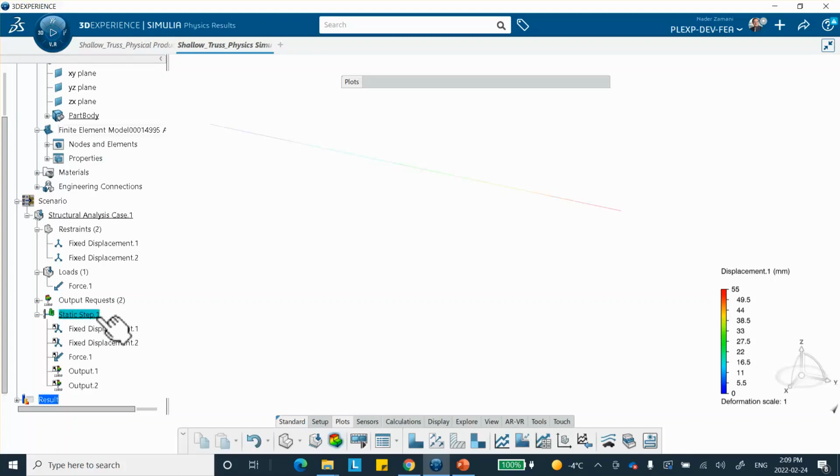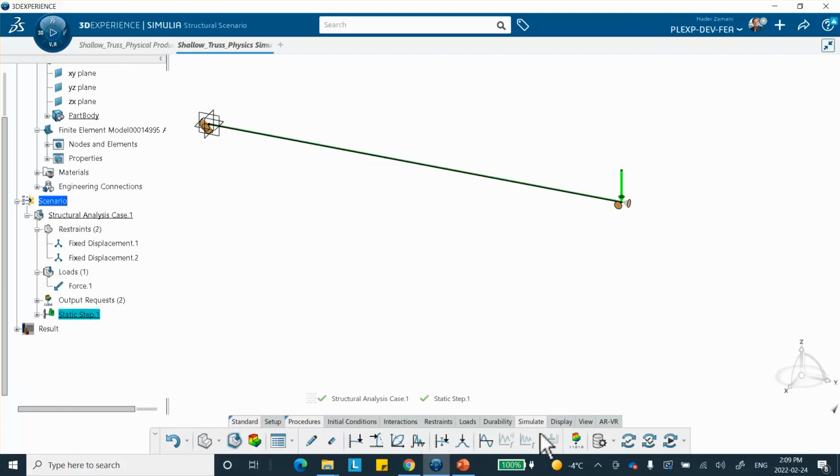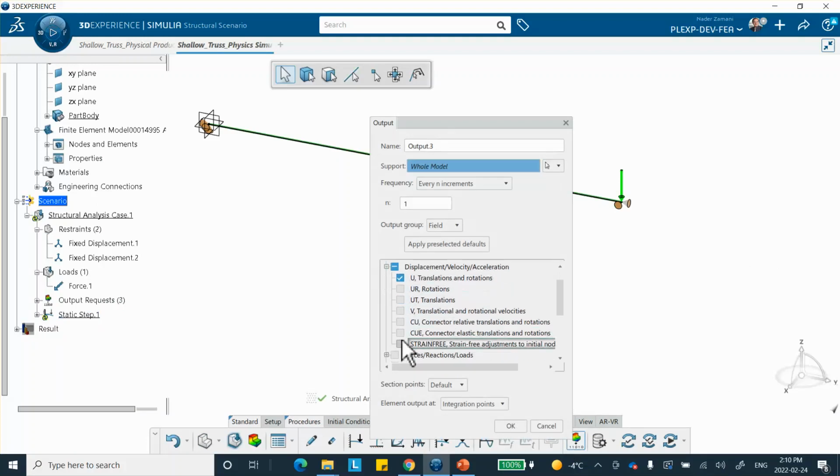Good. You see this icon here, output? You click on it, and you ask for displacement, translation, and you ask for forces, but you want CF. Please watch that video on plotting force displacement curve, and you're asking it at every